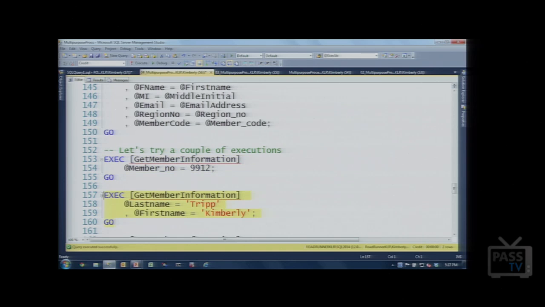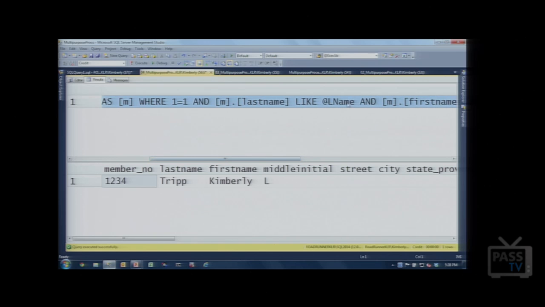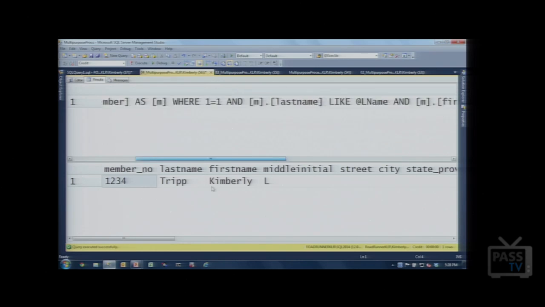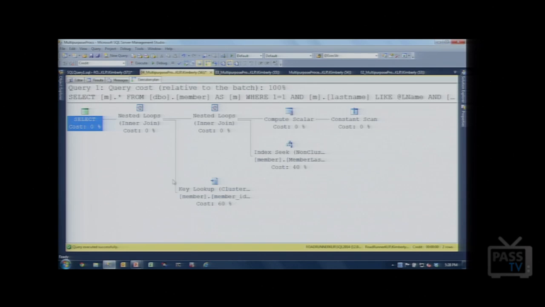If I do this for last name of Tripp and first name of Kimberly, you can see the way that this generates it: last name like last name, and first name like first name, and then I was just putting out last name, first name, and member number here, and member number wasn't supplied, right? So you can see, and then in terms of my plans, execute again, and you can see that I'm getting